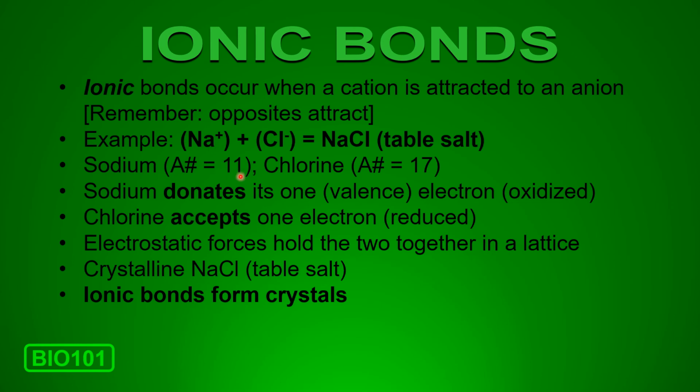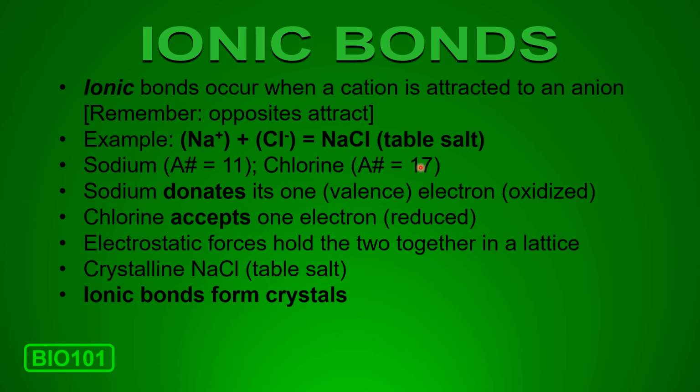So sodium has 11 electrons. That's 2 in K, that's 8 in L, that's 10. So it has that extra one that I was talking about before. So it has one valence electron and makes sodium very reactive. Chlorine has 17 electrons. That's 2 in K, that's 8 in L, that's 10. That's going to mean there's 7 in M,